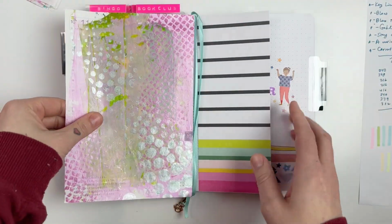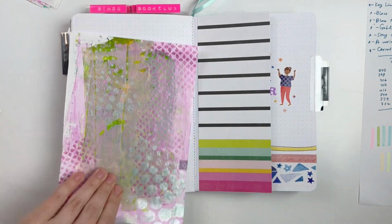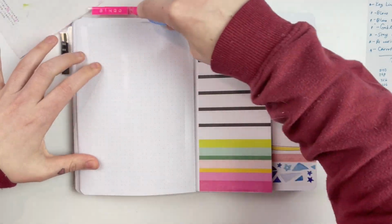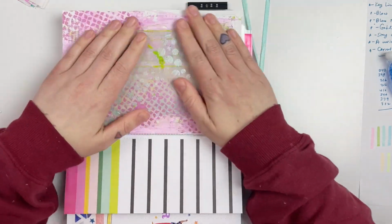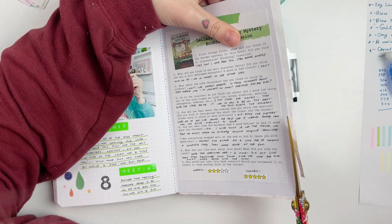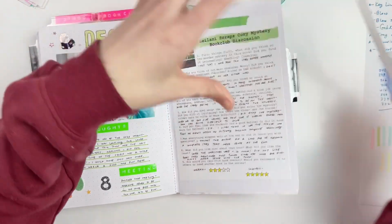I would much rather see my star rating, so I decided to change that for this year. Now, if y'all have been following along with pretty much any of my videos lately, you will know that I have been mildly obsessed with these mixed media pages that I created. These are the ones I created over on Patreon, but I did create some over here on YouTube as well,